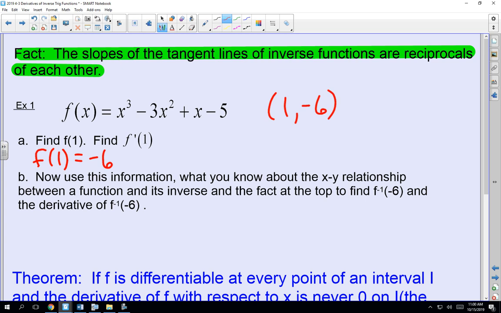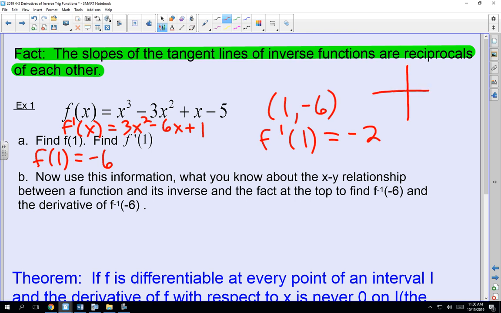And we're going to find f prime corresponding to that. So f prime of 1 is going to be whatever I get when I plug in 1 to the derivative here. So the derivative of this guy is equal to 3x squared minus 6x plus 1. So f prime of 1 would be 3 minus 6 is negative 3 plus 1, I get negative 2. So f prime of 1 is negative 2. So what that's saying is that at the point 1, negative 6,